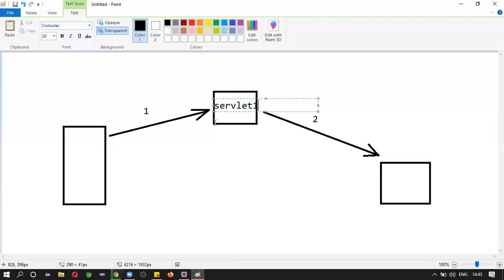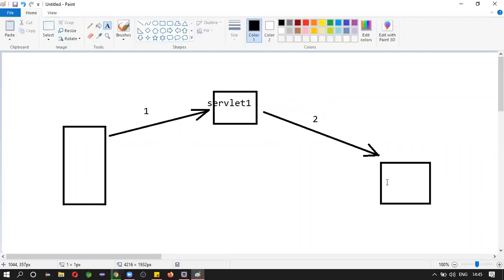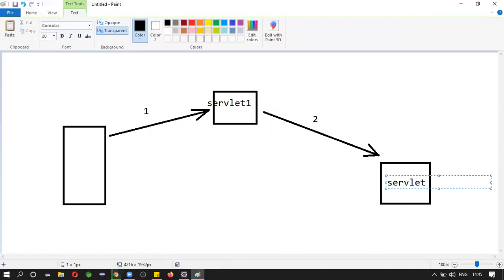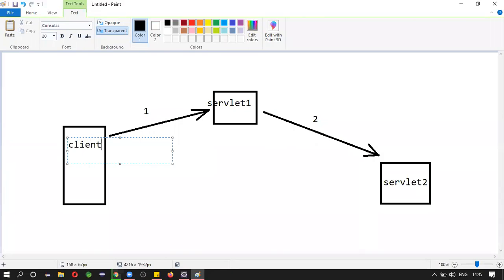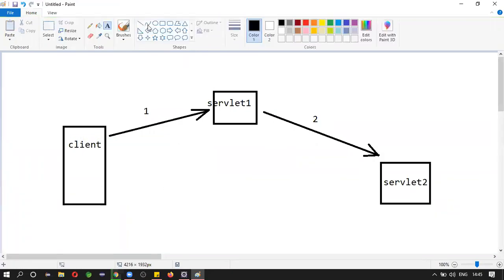This is servlet 1, and this is servlet 2. Then this servlet will return the result to the client.